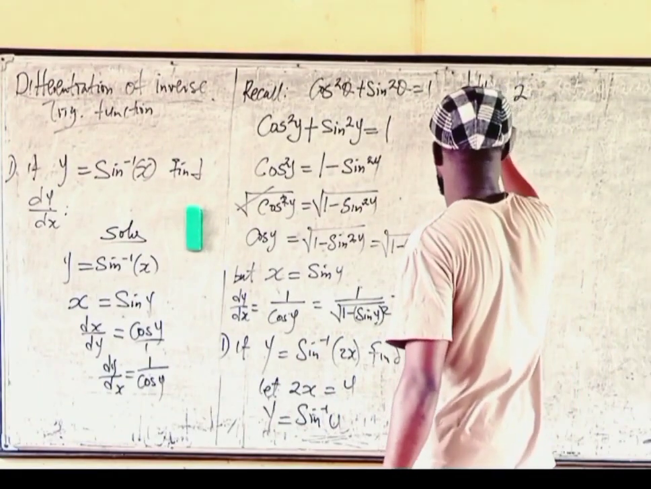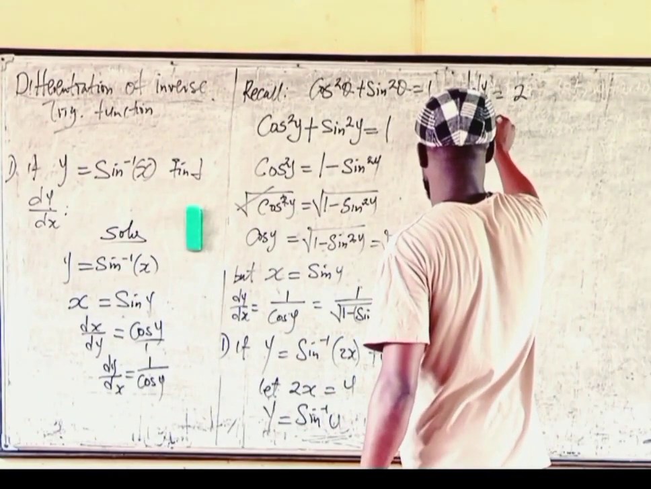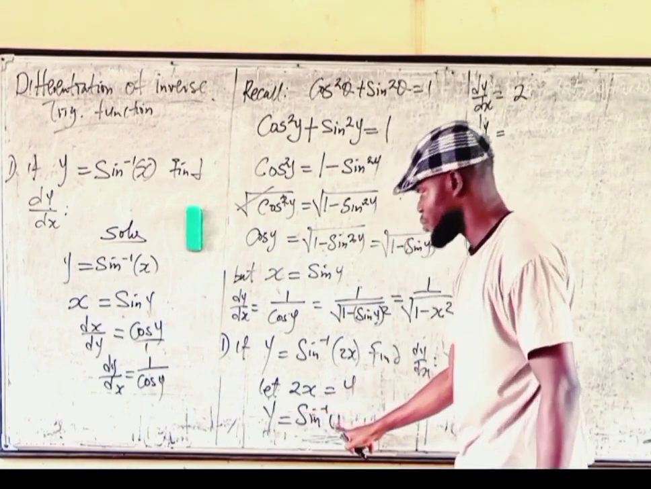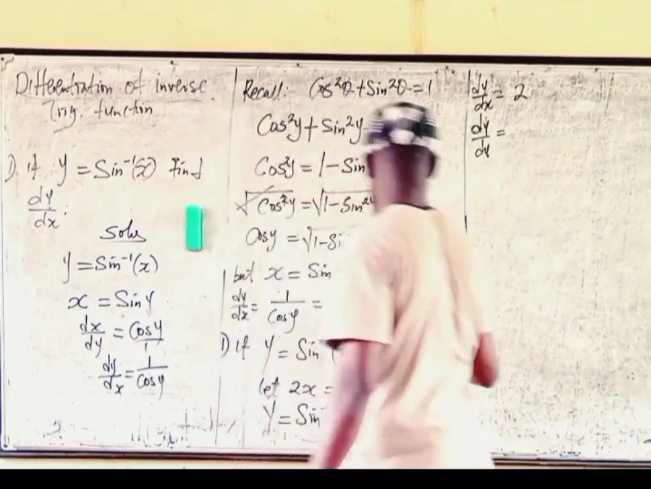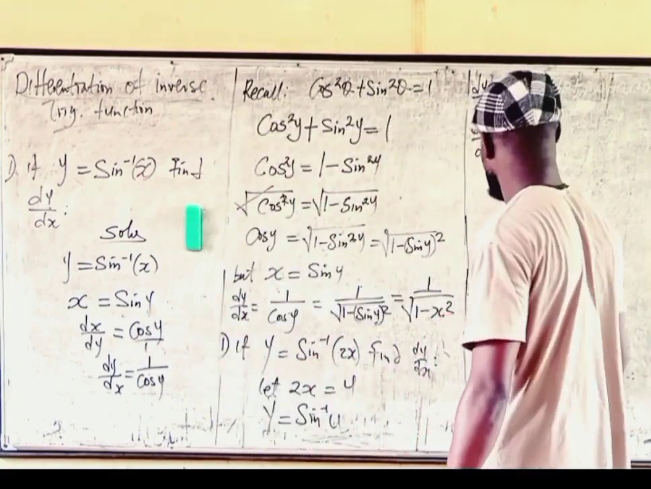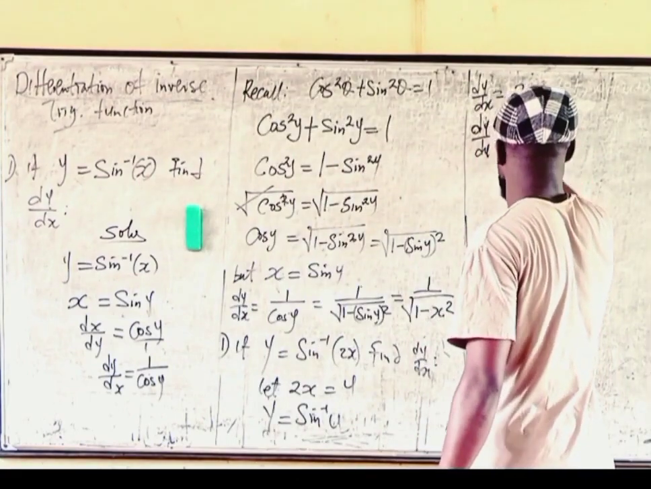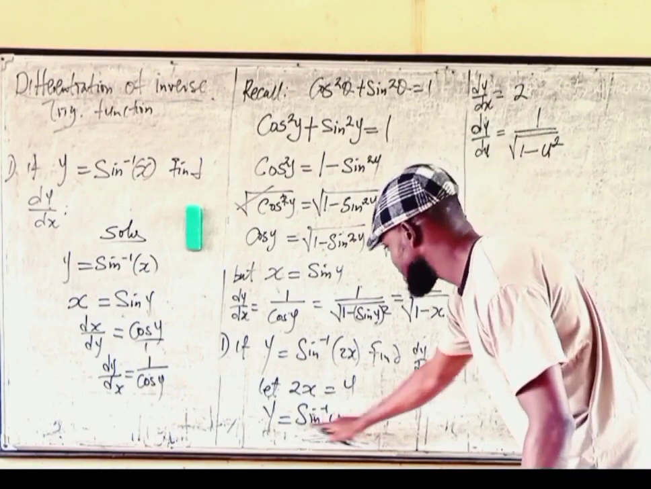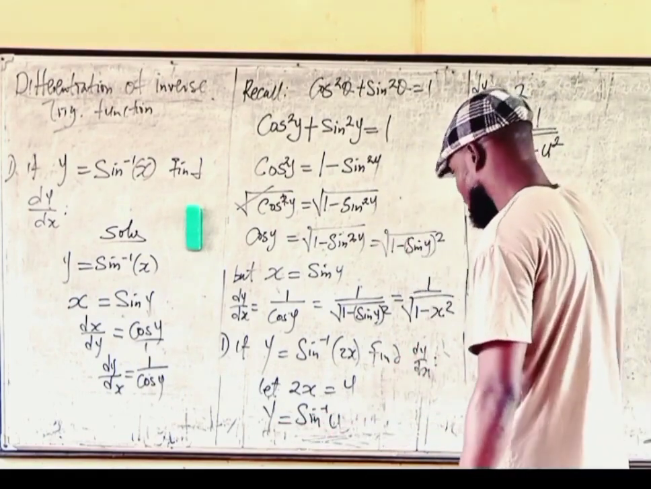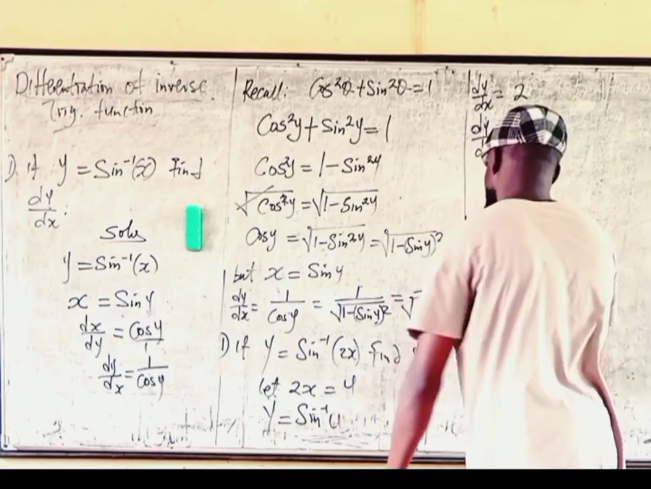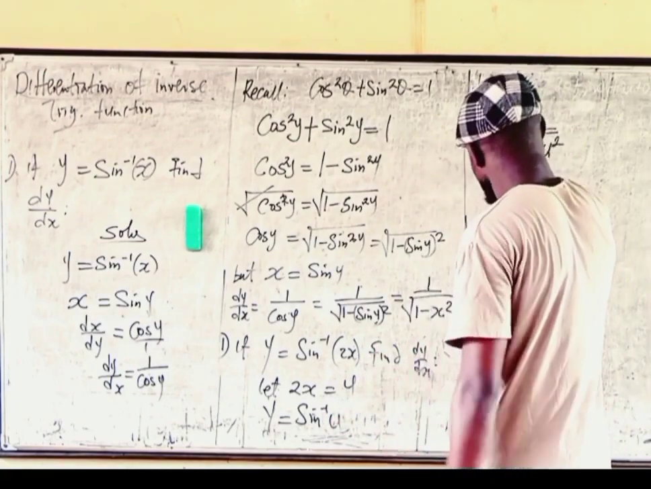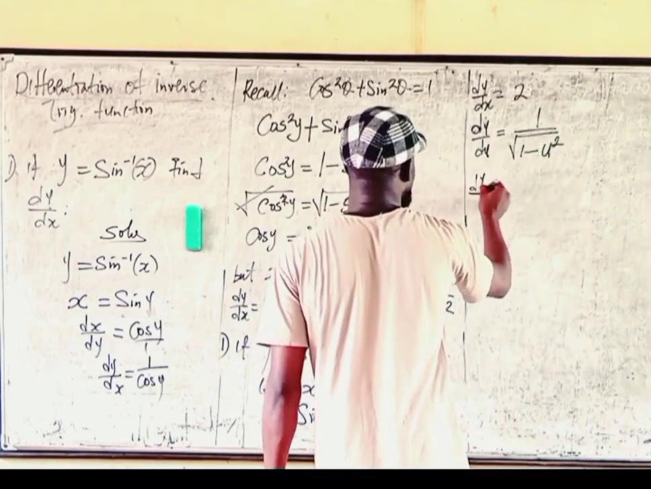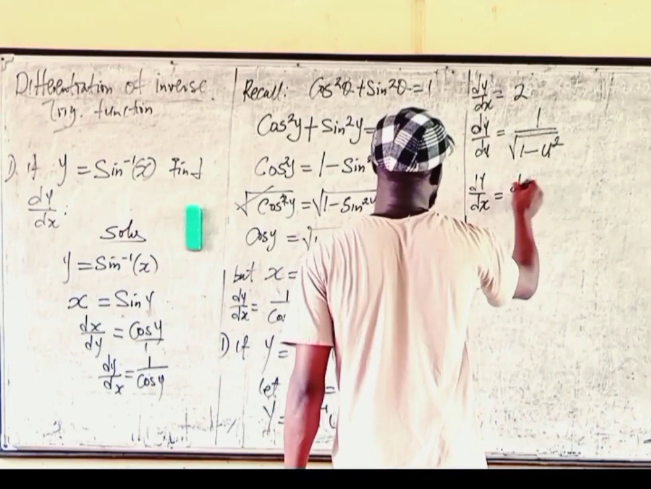Then what about dy over du? We're going to differentiate this with respect to u. Just as we differentiated this to get this answer, if this s is now u, what will be the answer? The answer is still the same: 1 over the square root of 1 minus u squared. Remember, this one was s, and differentiating it gives 1 over the square root of 1 minus s squared. You also replace the s with u, but it should be dy over du, not dy over ds this time. Then the next, from the chain rule,